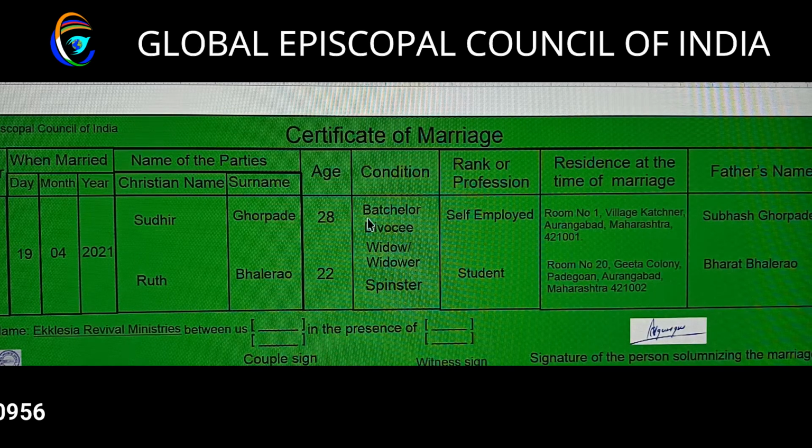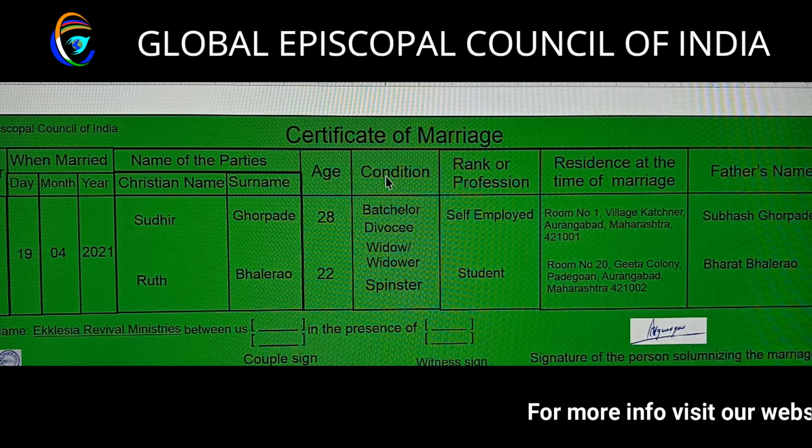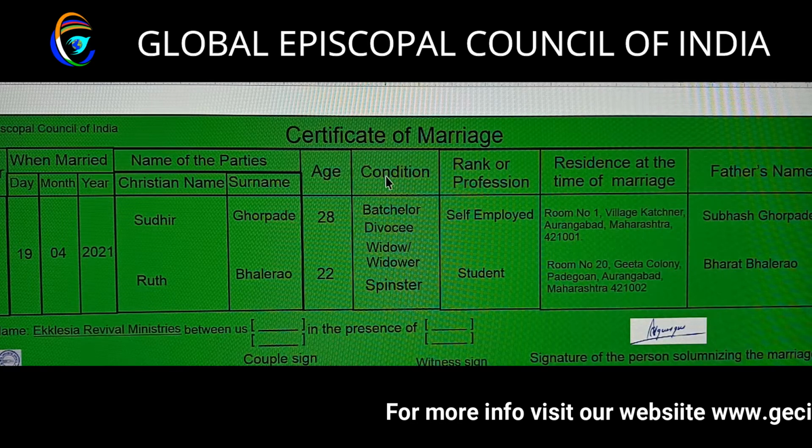But that is just the part of their marriage in the church. Then the same certificate of marriage, the 2 copies which you have to give, these 2 copies of certificate of marriage go to the marriage registrar of the state. There is one Christian marriage registrar for every state. Submission of certificate of marriage can be done by anybody.